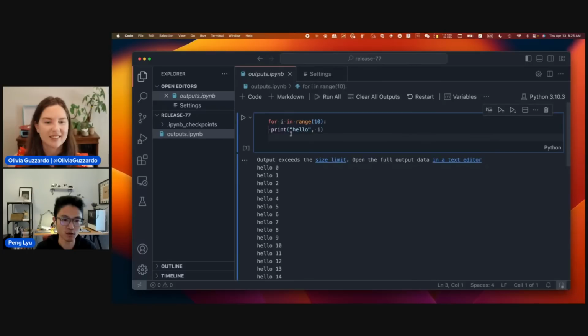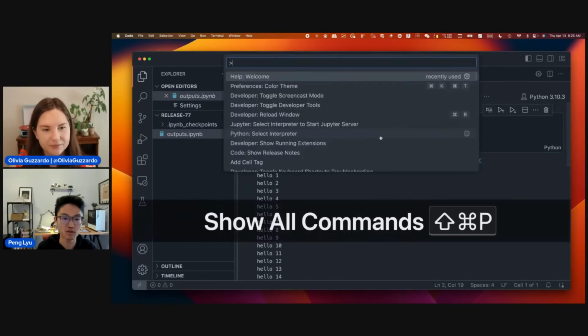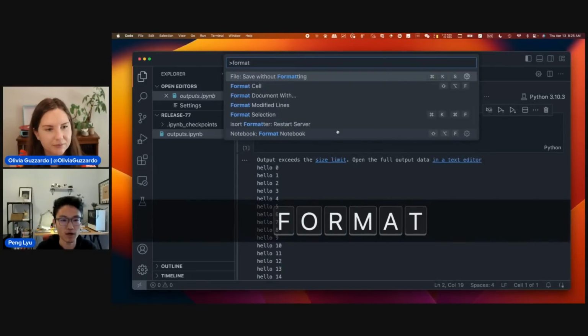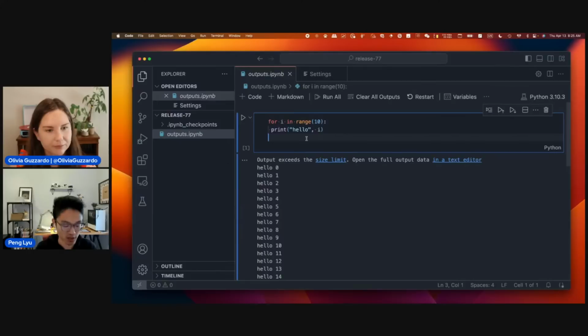And then coming back to my notebook, as you can tell, the indentation is slightly off, right? Which is not good for Python. And previously, I might go to command palette and search for format, right? We have format cell or format notebook. That's no longer needed anymore. All I need to do is command S, which formats the document and saves to disk at the same time,